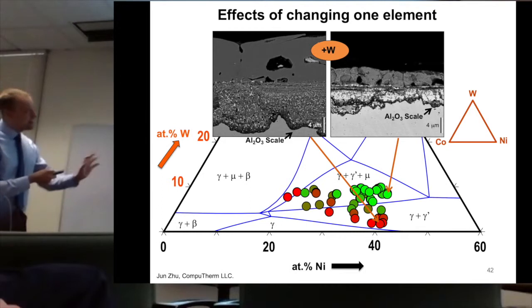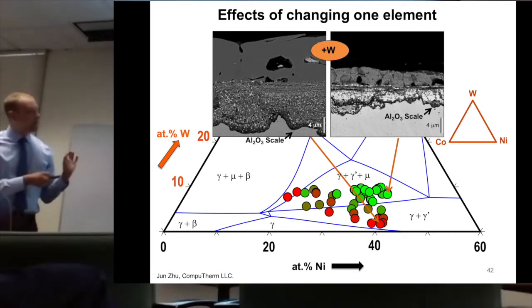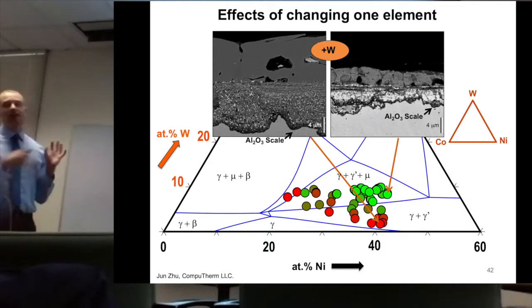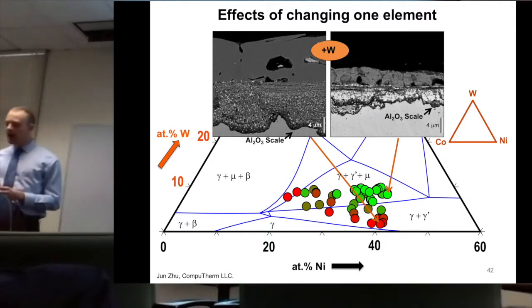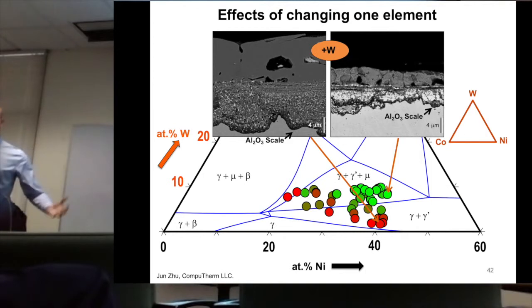And you can see that it is decreasing a lot of those undesirable oxides. In this sample down here, we have a continuous alumina scale, but we can't detect it by PSLS because of all of these thick overlying oxides. And while adding tungsten does decrease the thickness of that scale, we still have a lot of those undesirable oxides on top. Now, this is an interesting result because in our last combinatorial library, it made sense that increasing the